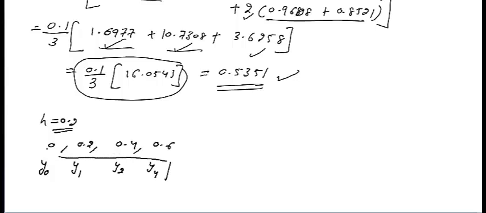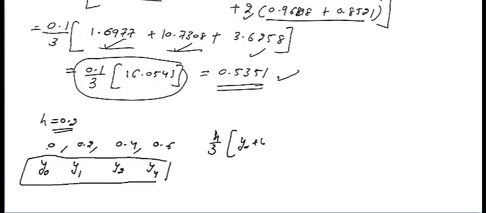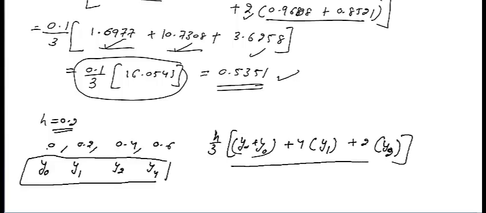So only 4 values. And what will be the formula for Simpson rule? h by 3 into y0 plus y3, starting and end, and 4 multiplied with all odd values y1, and 2 multiplied on the even, whatever the rest of the values of y are. You will take only y2. So this is the way you decide the formula, and what will be the effect of h in the solution? If you take a smaller h, you will get a more accurate value.